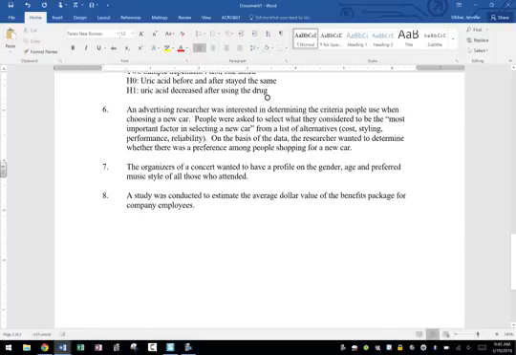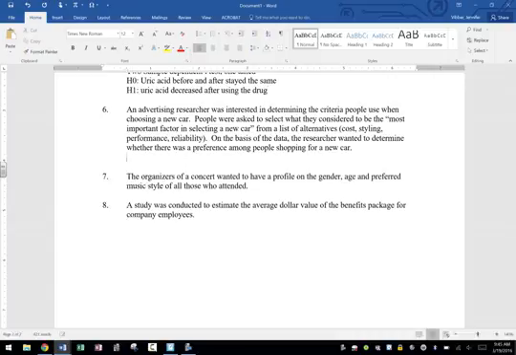An advertising researcher was interested in determining the criteria people use when choosing a new car. People are asked to select what they think is the most important factor in selecting the car. And they're given a list of cost, styling, performance, and reliability. They want to know if there's a preference. Okay, so this is where I'm sampling one group. I'm asking them one categorical question. So again, if it's a categorical kind of question, this is when we're going to be looking at chi-squared. This is a chi-squared just with one column, and it's apportioned into one list of things. So this is a chi-square